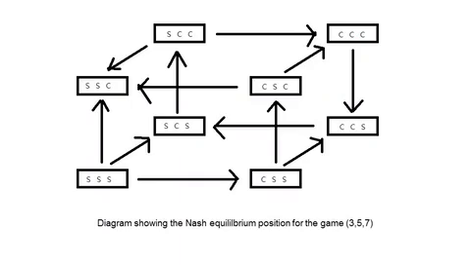And here we show the payoff diagram of the game for one party holding 3 votes, another 5 votes, and another 7 votes. We can see that it starts with SSS, and then all the parties will want to combine, as they can increase their power. So we draw some arrows to the 3 cases, which means that if the state is here, it will change to the other one.